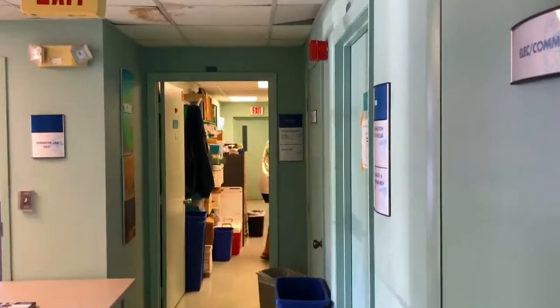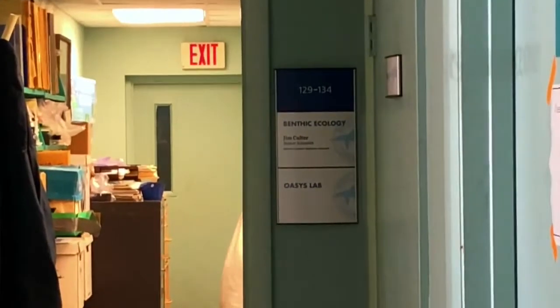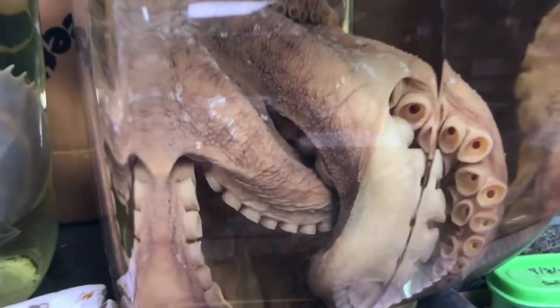All right, so you proved to me that snails can be predators. These creepy crawlies don't actually have to be predators. They're not actually scary. But we do have some predators that do live in here. So can you show us one of the apex predators or the top tier predators here in a touch pool? Okay, so here we have...